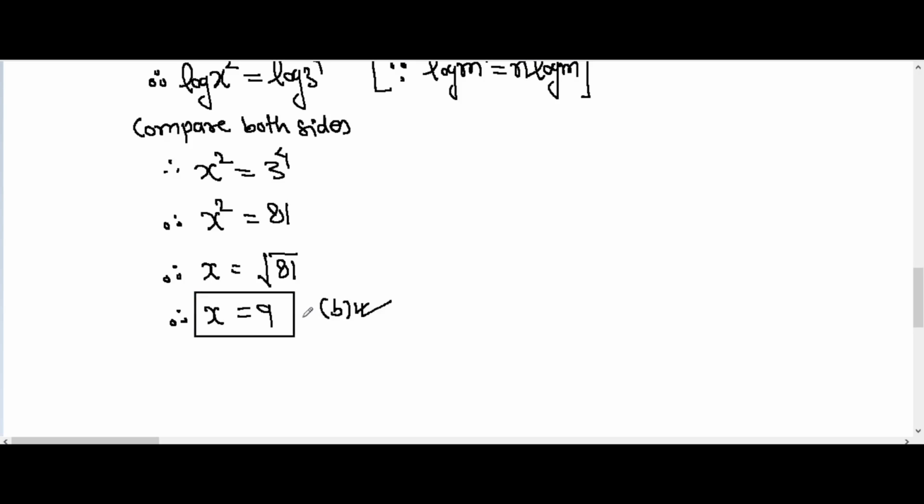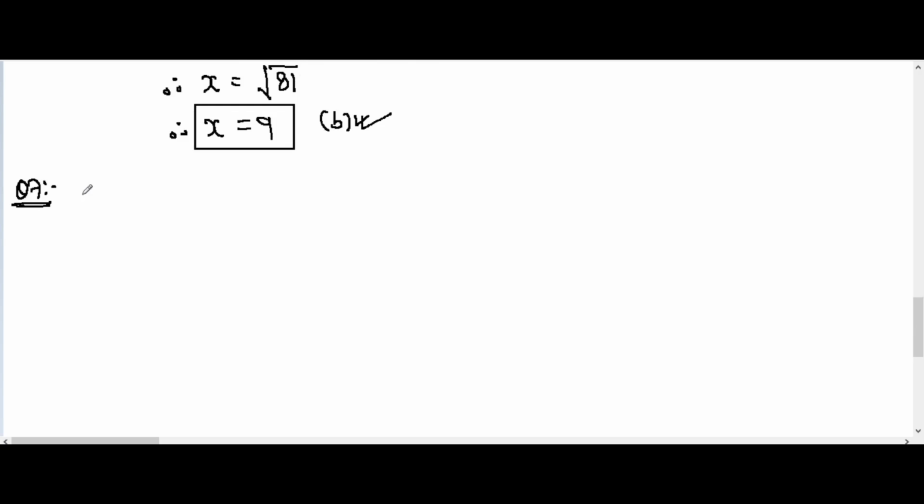Here we have to find log of 64 at the base of root 2. एक बार वापस, let log of 64 at the base of root 2 is equal to x. Again convert into exponential form. If we convert it into exponential form, then we have root of 2 whole raised to x is equal to 64.